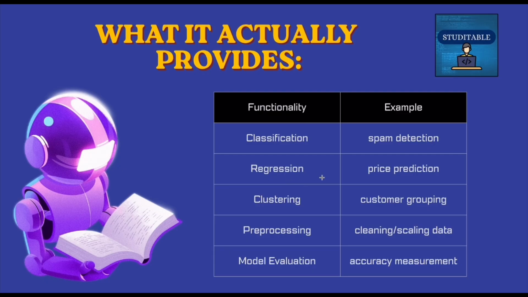Then there is regression, which means predicting continuous values. In classification, we can categorize yes, no, 0, 1, or spam or not spam. But in regression, it's a continuous value, which means there is no fixed value for something. So if we predict the price of a house, then it cannot be a fixed value. If we predict the revenue of something, or something which is a continuous value, then we can use regression there.